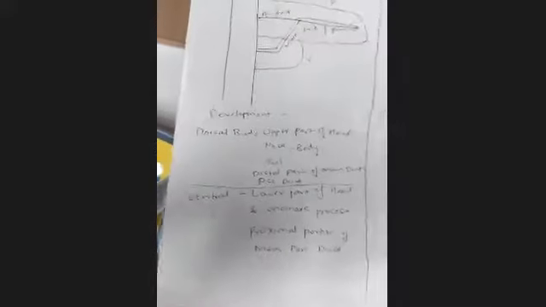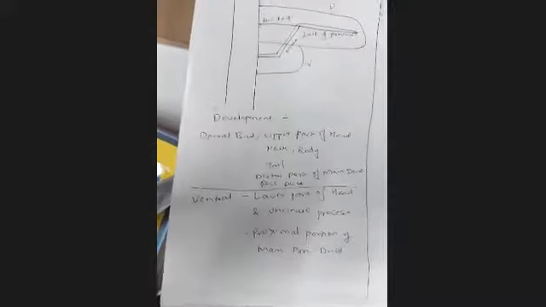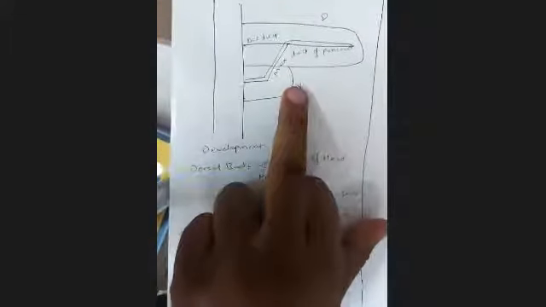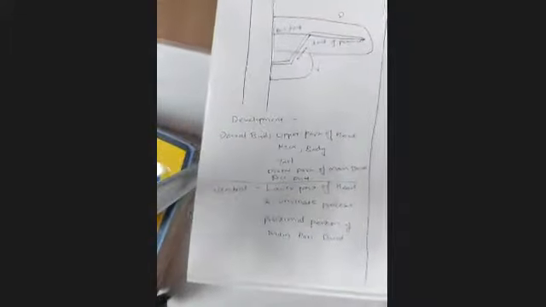So whenever we write the development, what develops from the dorsal bud: upper part of the head, the neck, the body, tail, and distal part of the main duct and accessory duct. Ventral duct contributes to the lower part of the head, uncinate process, and the proximal part of the main pancreatic duct.